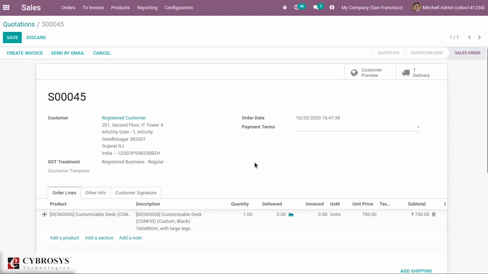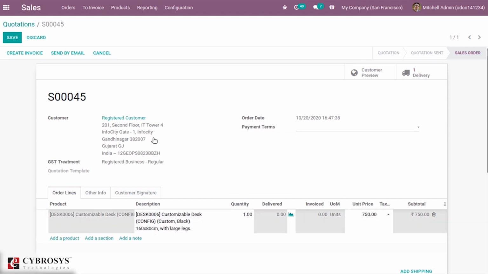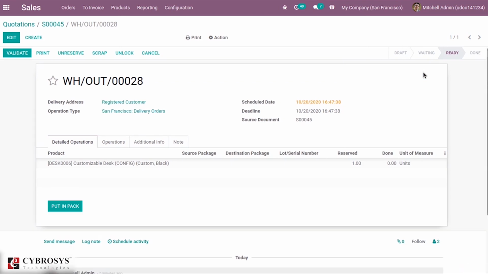Suppose I'm ordering 5 quantity and delivering 3 quantity. The invoice can be created only for the delivered quantity. So in the case of this product, I have set the invoicing policy as delivered quantity. In that case, only after validating the delivery can you create a regular invoice, and the invoice is only created for the delivered quantity.